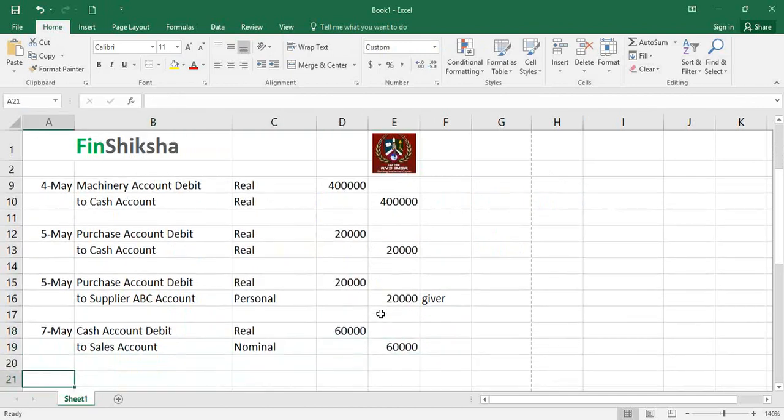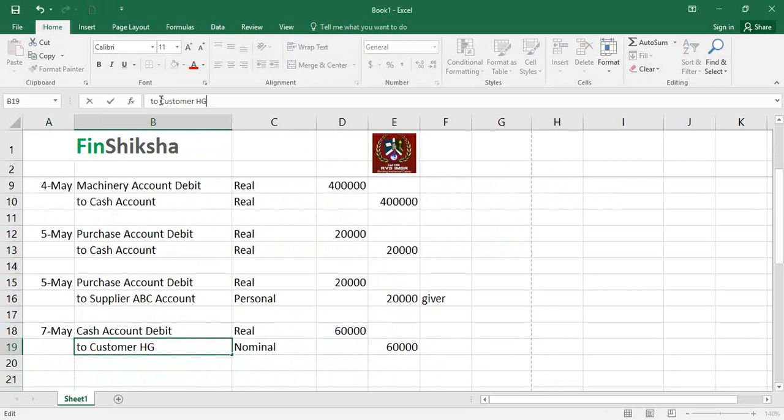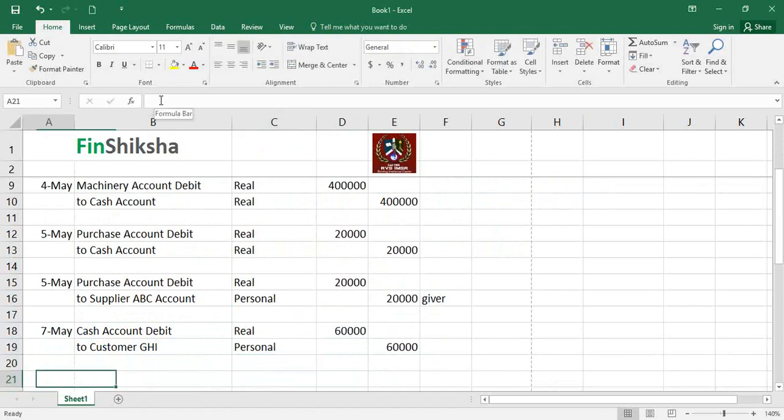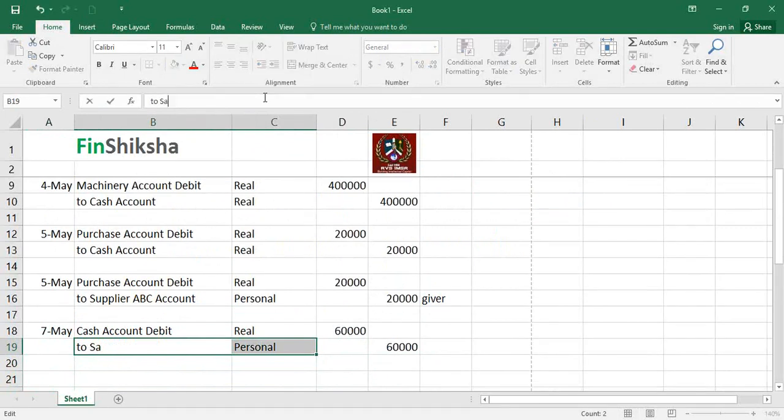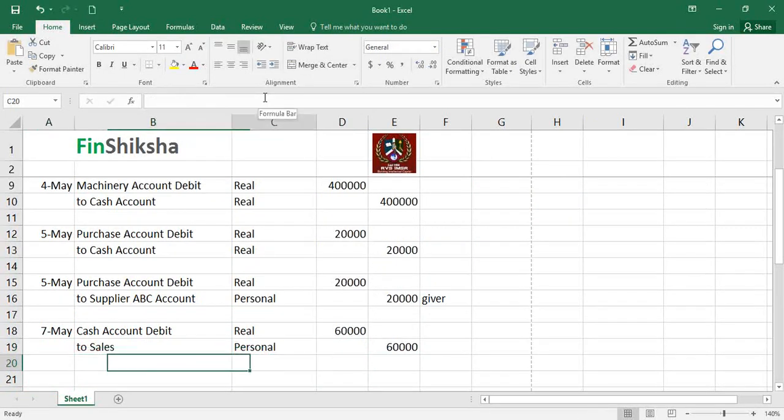60,000 comes here. This can also be demarcated into two steps, which is cash account debit to customer GHI account credit, and that would have been a personal account, and then customer GHI debit to the sales account credit, right? So we could do that as well in two steps, but right now we're going to use only one step and put it like this, right? So that's this, and on the 8th of May,